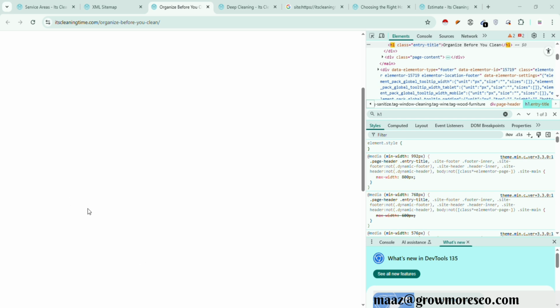1, 2, 3, 4, 5, five pages are their main pages. All others, like "join our team," are just additional pages that are not needed. The important pages, if we look at them, the main problem right now is that they have duplicate H1s. For a core page, for example, there are two H1 headings. H1 heading must be one.